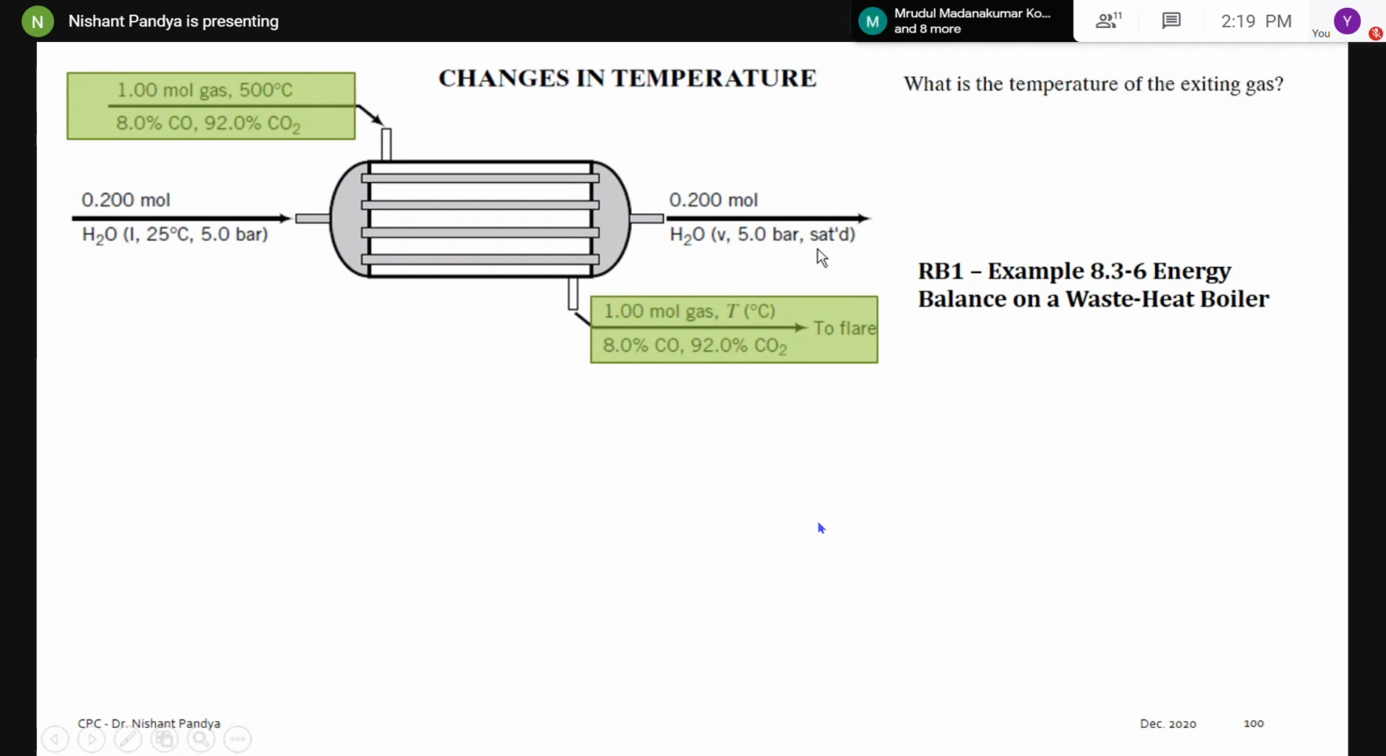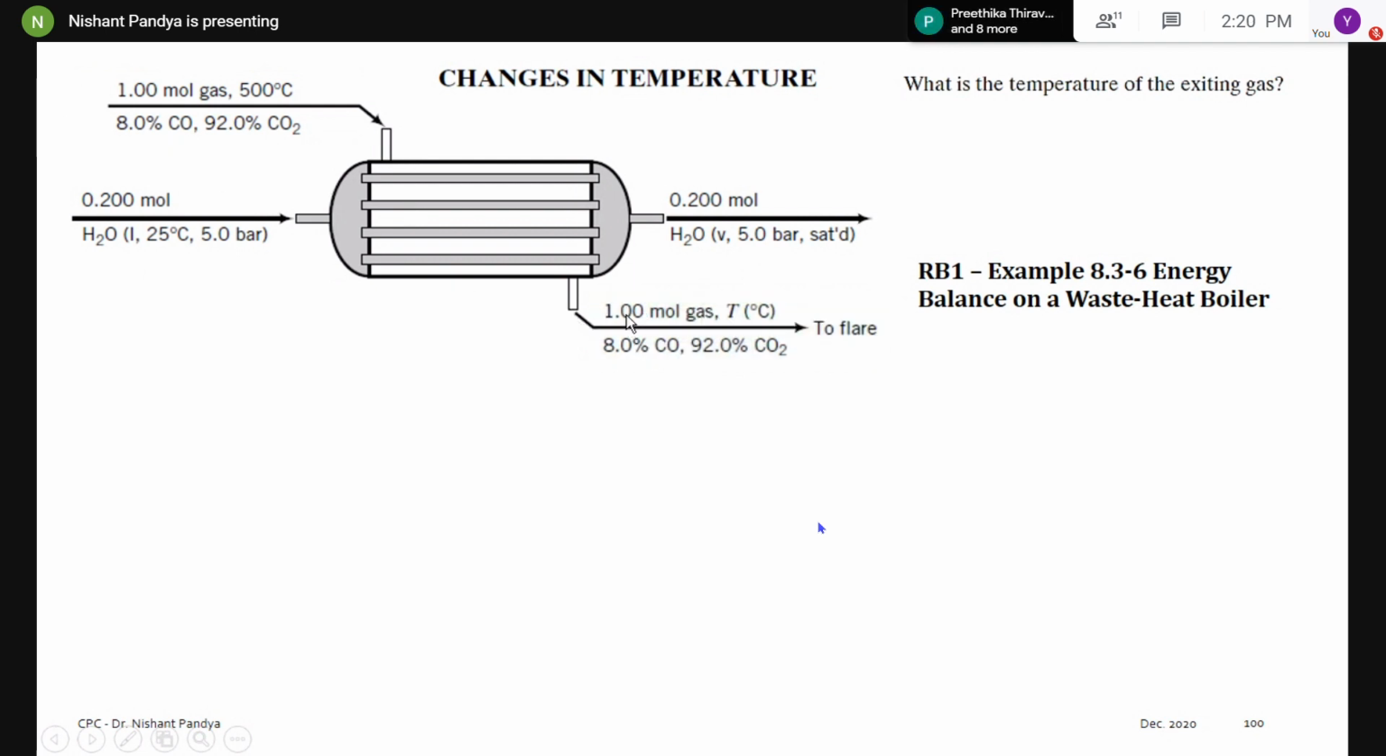You will have another fluid which is entering here, 1 mole of gas, 500 degrees Celsius with composition given, which is again leaving from the other side with same composition and same flow rate at different temperature. So here T is missing actually. So this is a problem of iterative calculation. But before that, I want to highlight that when you see a problem of heat exchanger and there are two fluids which are entering,